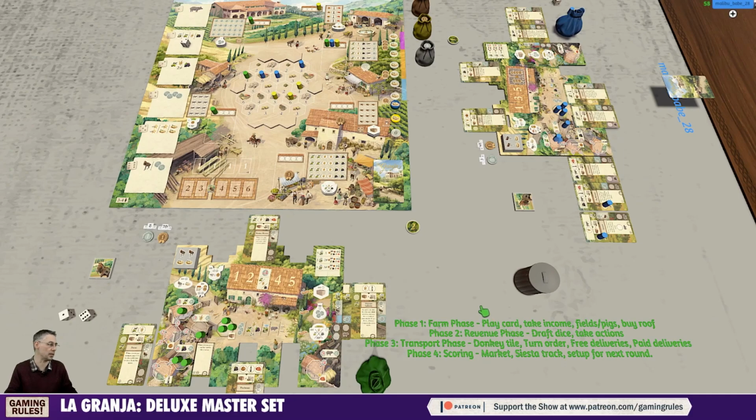And then we do end of game scoring. Now, I'm going to have to refer to the rulebook for end of game scoring because I can't remember how it works, but it is in the rulebook. Go on, if you remember, let us know. So you sell all of your goods for money. Everything to...